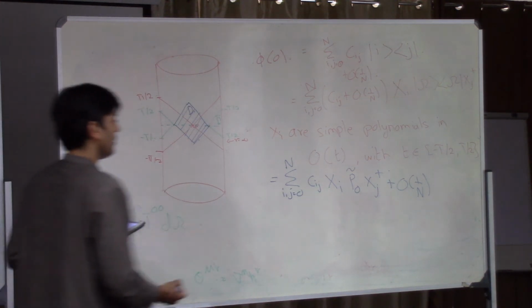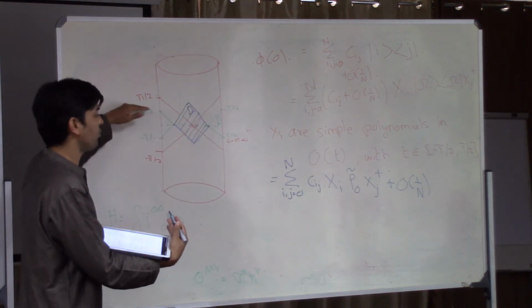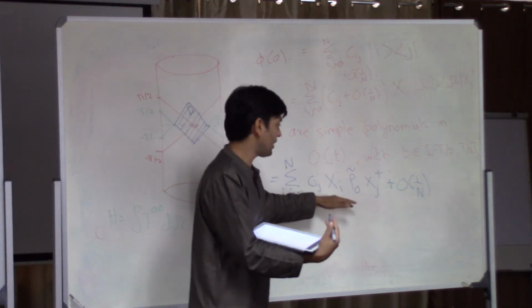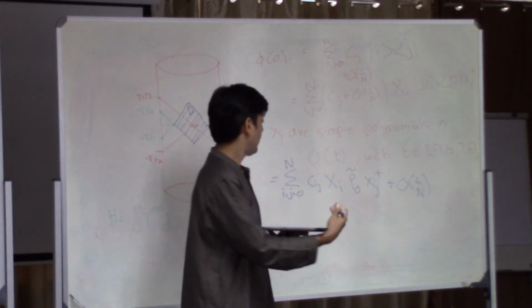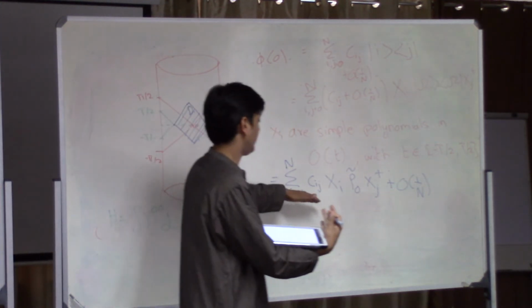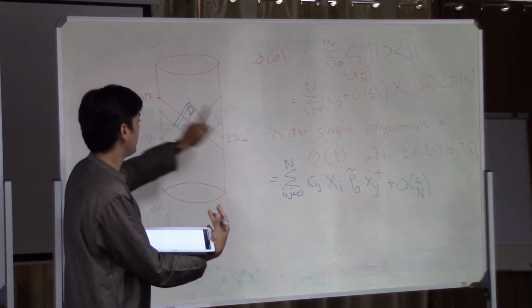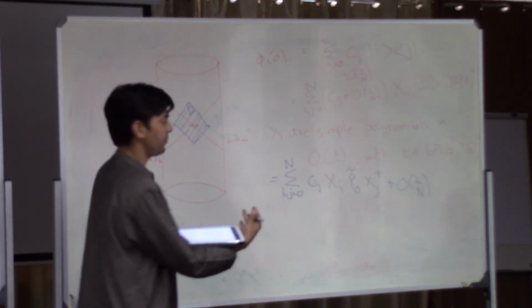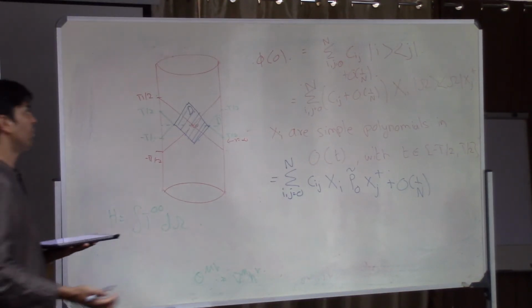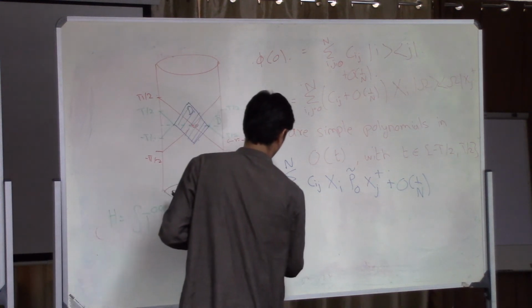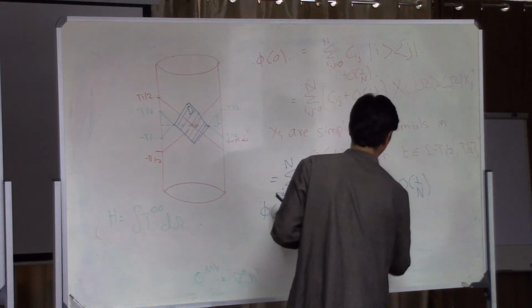Okay. So this is an identity now, and this is a statement that gives us an explicit realization of what we wanted previously. Because everything on the right hand side here is a polynomial which has support in minus t by 2 to t by 2. Xi's by construction has support in minus t by 2 to t by 2. P0 tilde by construction has support in minus t by 2 to t by 2. And so does this xj. And Cij's are just some C numbers. So we have explicitly written an operator in the middle of AdS in terms of operators that live on the boundary of AdS. It's a polynomial. So this gives you an explicit realization of the formula I mentioned at the beginning, which was if you write phi of 0 as a complicated polynomial of operators which are all spatially separated from it.